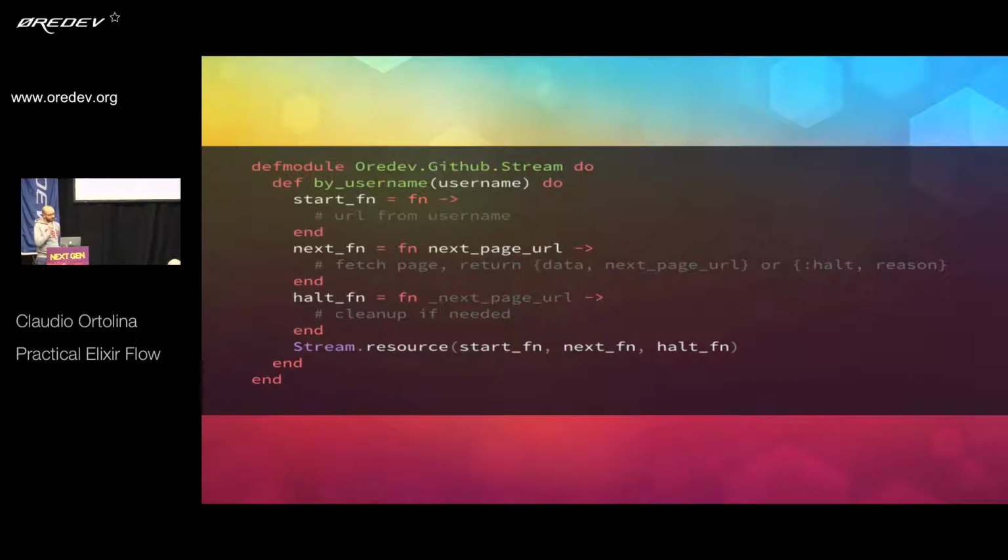I know the talk is about Flow as a library, but realistically, if you have to remember just one thing from this talk, this function is one of the most important things. Once you know about it, you're going to find all sorts of other ways to use it. Stream resource as a function allows creating a stream out of 3 basic components, which are a start function, a next function, and a halt function.